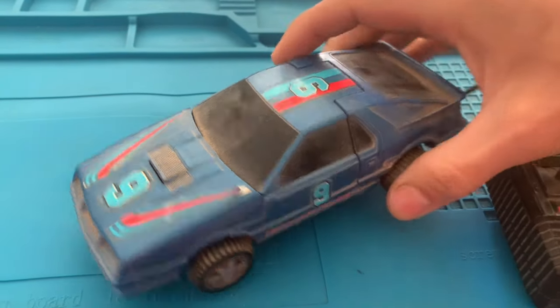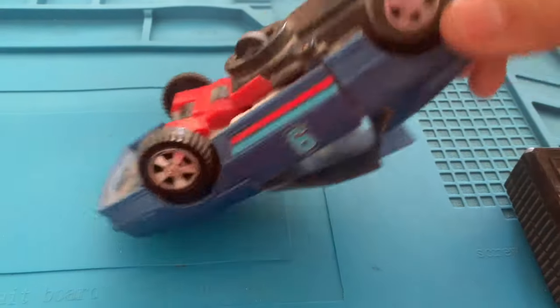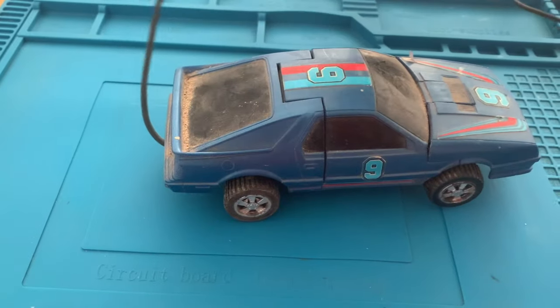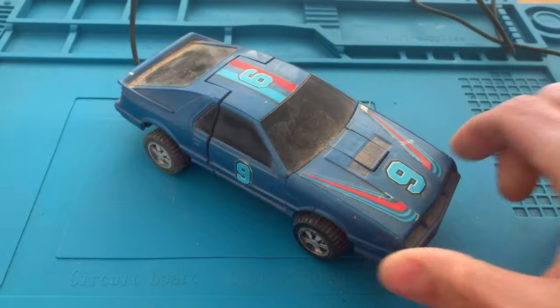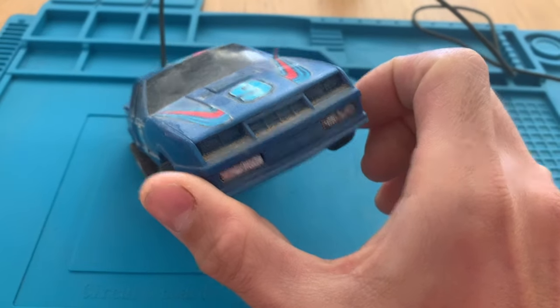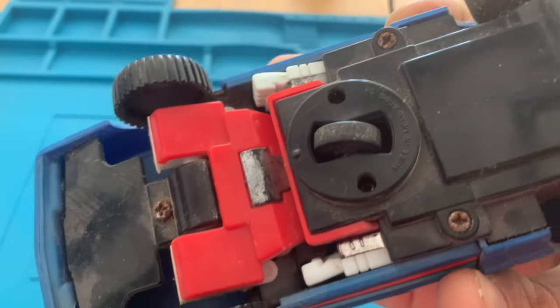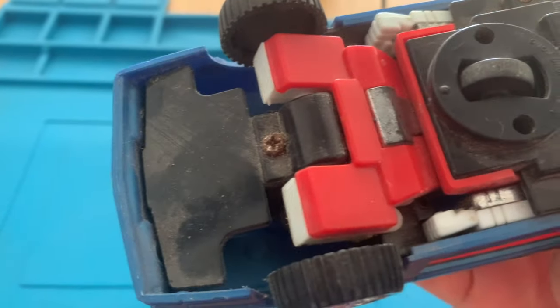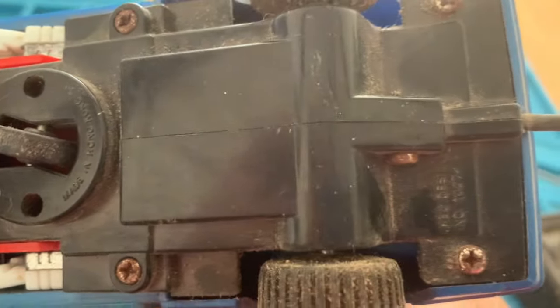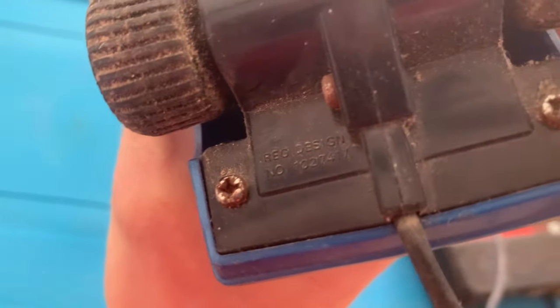So this toy car was stored for a very long time. As you can see, it's very dirty, and the point of this video will be to put it back in shape and working. As you can see, it has a lot of different Phillips screws throughout the body. They are all rusted,